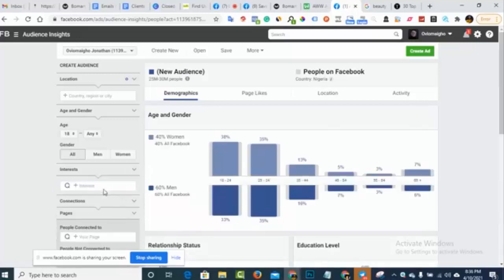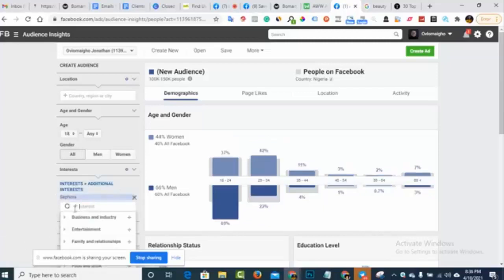So Sephora, it didn't really give us good analysis. You see, you really need to do things like this so that you don't just go out there and type in Sephora and your ads end up showing to women who are not really interested, right? You can see the percentage of women who are interested in this. This just shows that you have more men who are interested, and that is weird to me, by the way.